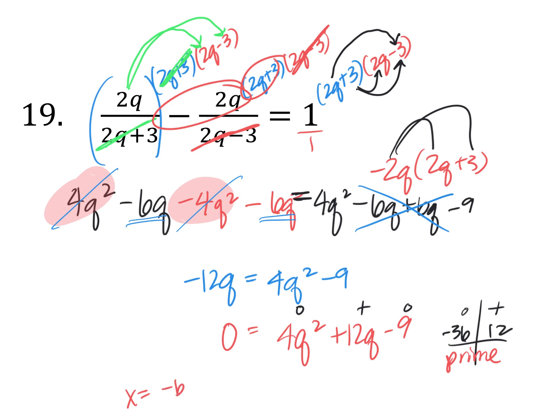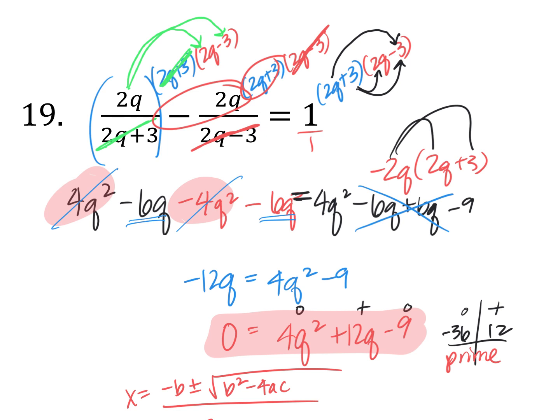Yeah, x equals negative b plus or minus square root of b squared minus 4ac, all over 2a. Here we go. What is my negative b here? So we got x is negative 12 plus or minus the square root of b squared, 144, minus 4 times what times what? 4 times 4 times negative 9, all over 2a, which is